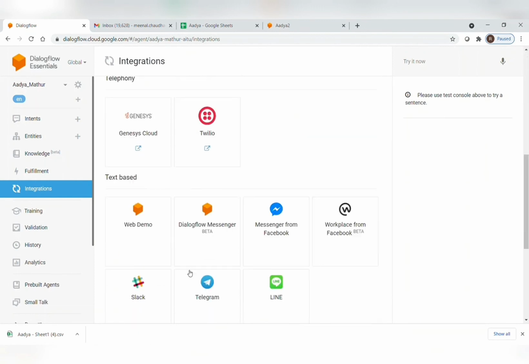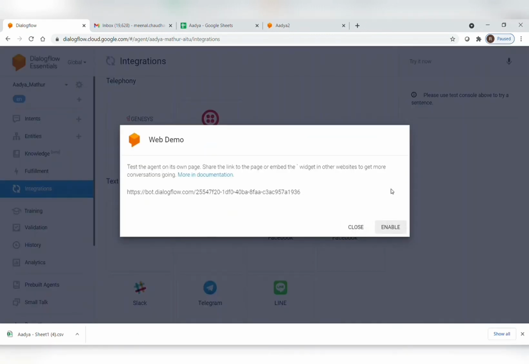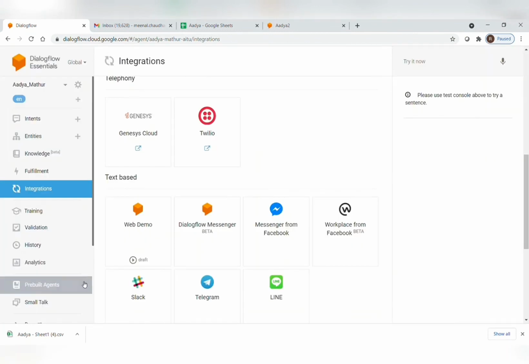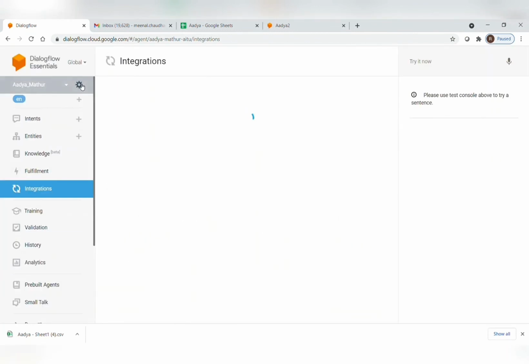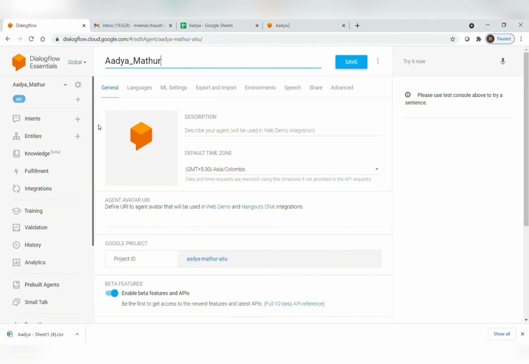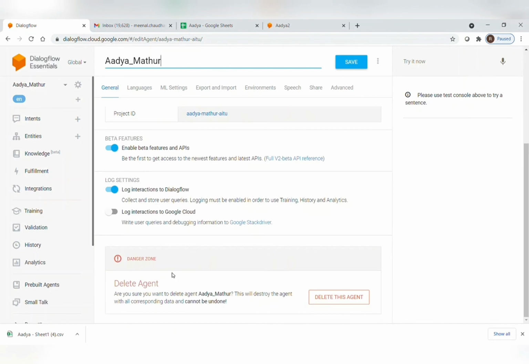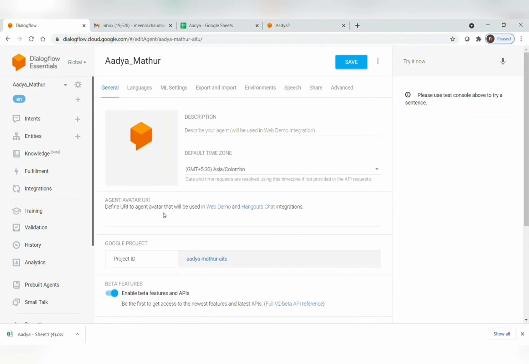Now first for that you need to enable the web demo, enable it, and now close it. And now again go to settings for the avatar. So now to upload it, then you have to copy the link of it.